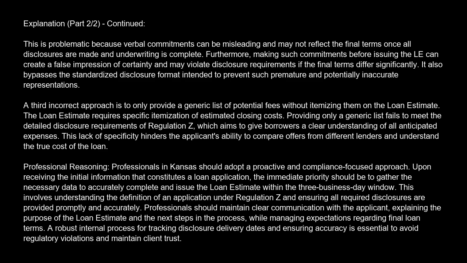A third incorrect approach is to only provide a generic list of potential fees without itemizing them on the loan estimate. The loan estimate requires specific itemization of estimated closing costs. Providing only a generic list fails to meet the detailed disclosure requirements of Regulation Z, which aims to give borrowers a clear understanding of all anticipated expenses. This lack of specificity hinders the applicant's ability to compare offers from different lenders and understand the true cost of